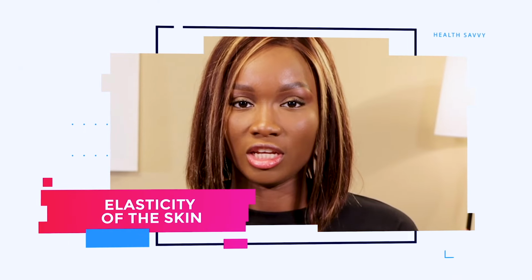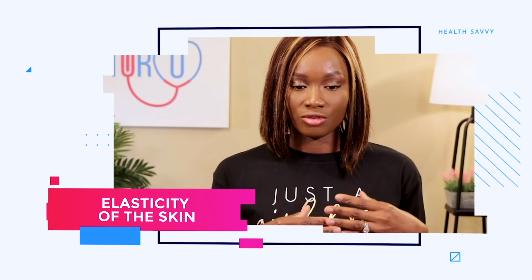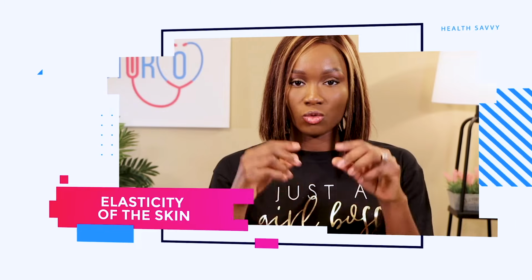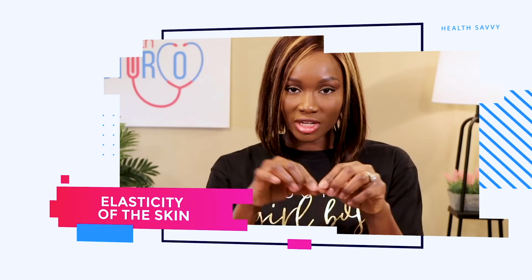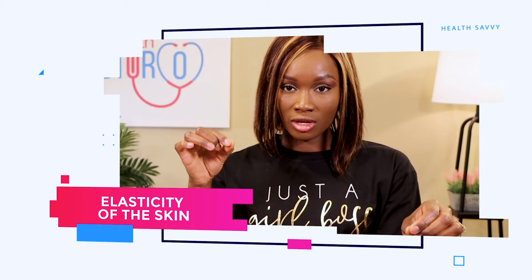The second one is elasticity of the skin. You see that skin surrounding the breast, right? Elasticity means that when you stretch something, it's able to go back to its normal size when you release it. For example, if you stretch a rubber band, it's elastic. When you release it, it goes back to its normal size. It's the same with the skin. For the skin to continue to look firm, if it stretches, it should be able to go back to its